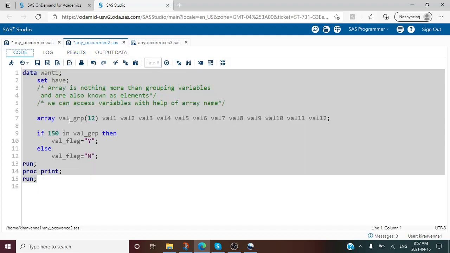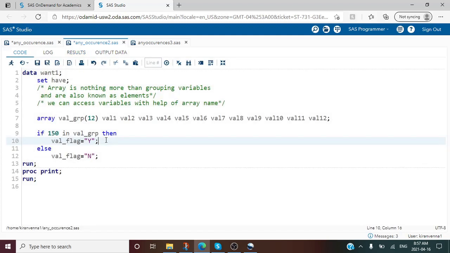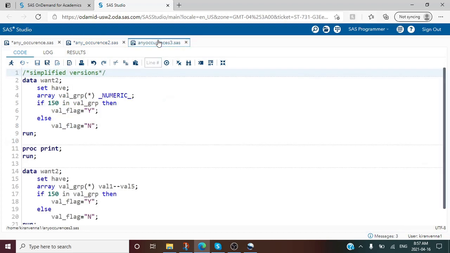Here again the code is still a little bit long and can be made shorter. I need not mention all the variables in this fashion. Val1 to val12 are all the numeric variables present in the data set, so all I need to do is mention _numeric_ instead of the variables. I also need not mention the number of variables; I can simply mention a star here.